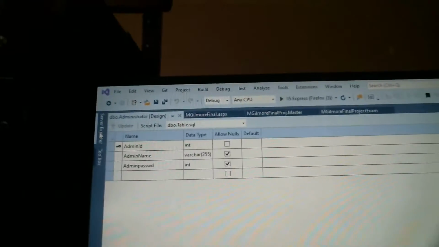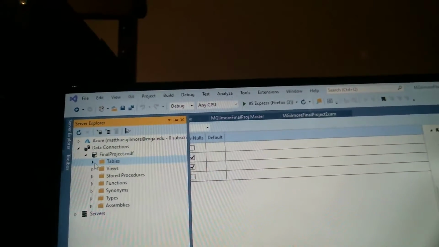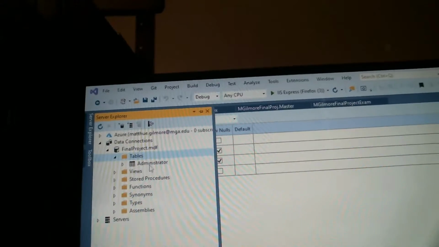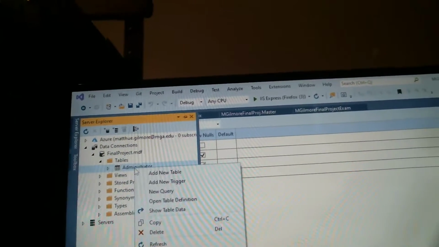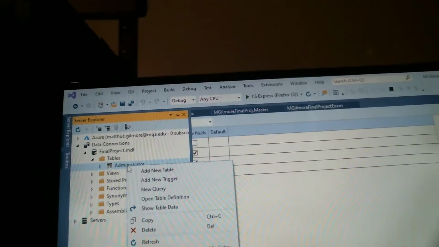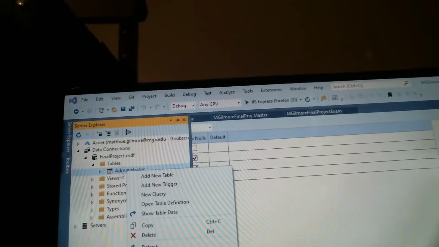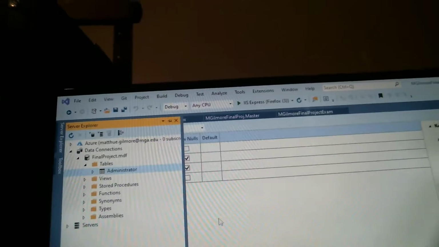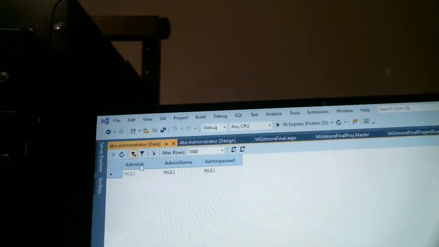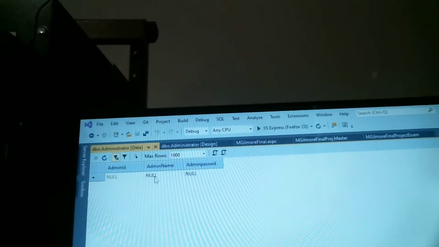I'm going to come back over to the Server Explorer. I want to right click tables, don't hit refresh. Then there's my administrator, and I can show data table, and that's my admin ID, admin name, admin password, and this is where I'll enter information for it. So, for example,